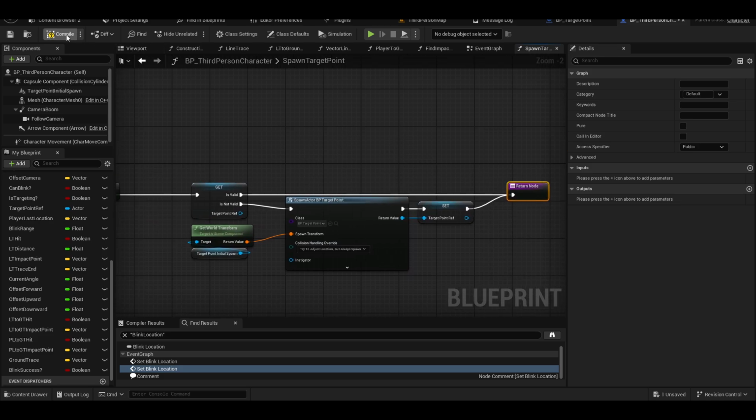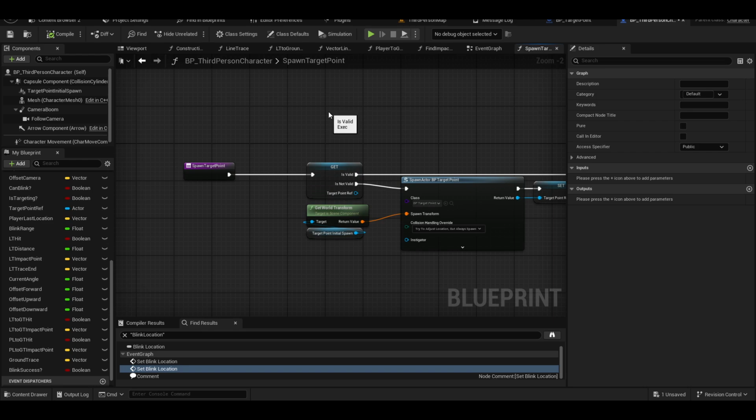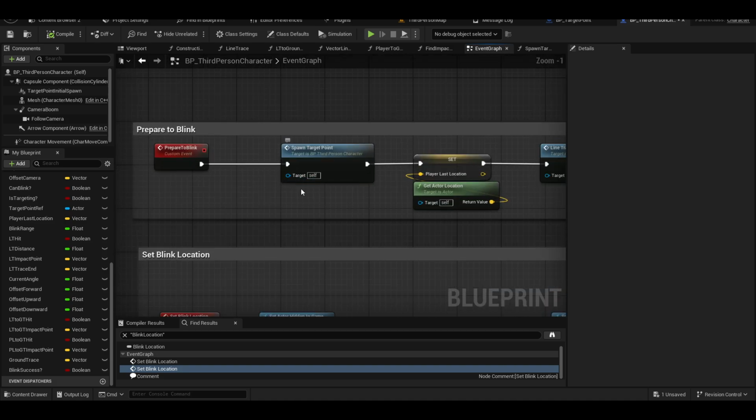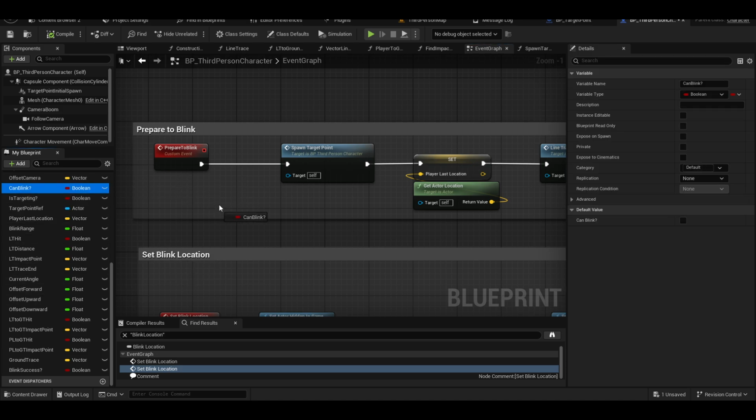Why do we have return mode? The reference and spawning event here. So prepare to blink. We are calling this, it looks like, every tick. So when we can't blink,